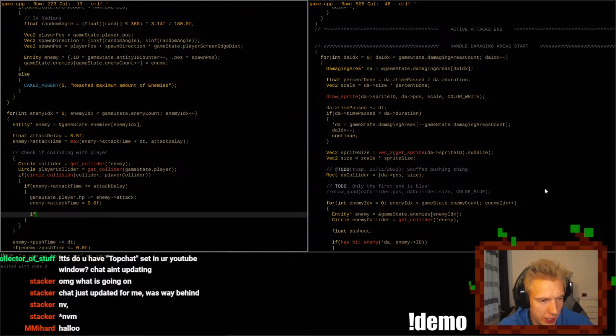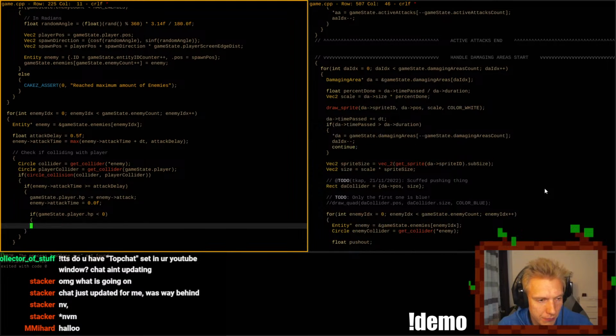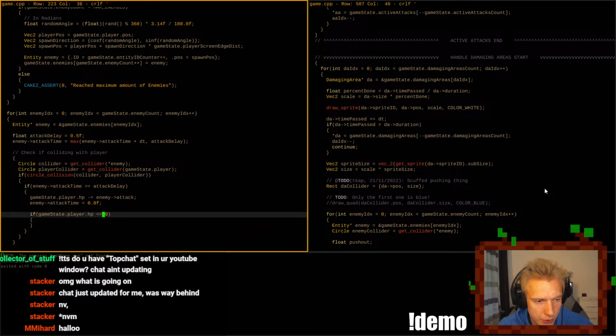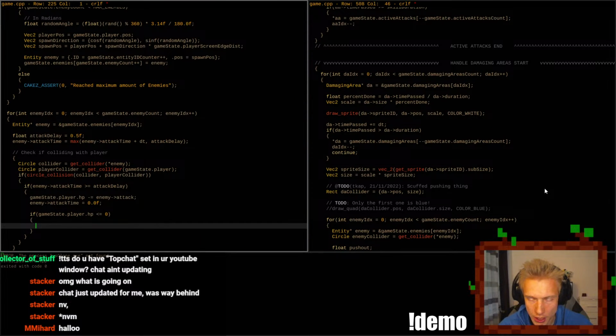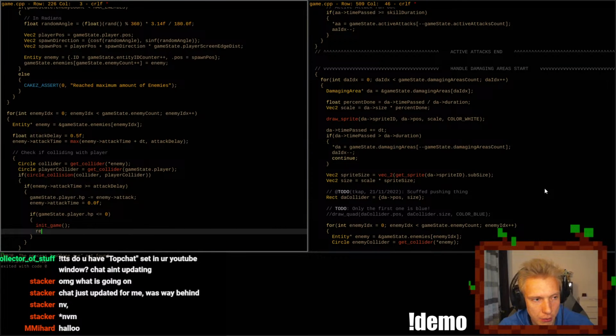And we also check if game state dot player dot HP is less than or equal to 0. If it is, then we just call init game and we return.